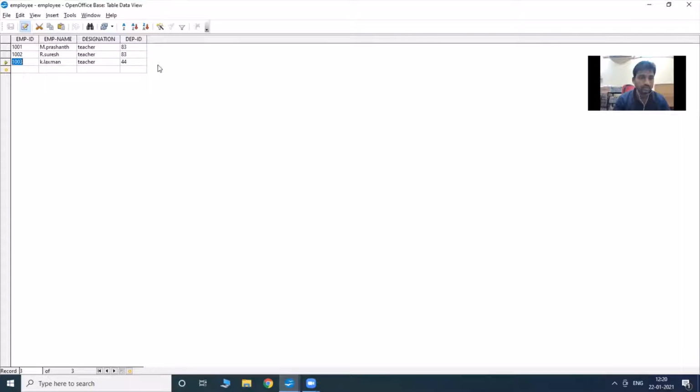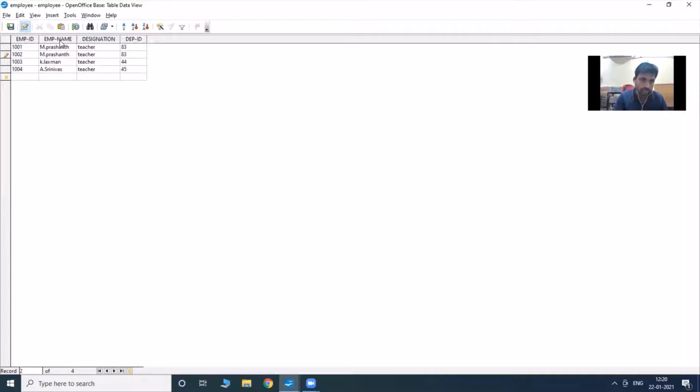Again, if you wish to insert, you have to click here, 1004, and insert the name, the employee details, whatever you wish to enter, and here enter. Next, I can delete a particular thing also, delete. Now it is deleted. Again you can delete particular data also, or you can delete a complete row also. Again you can sort.